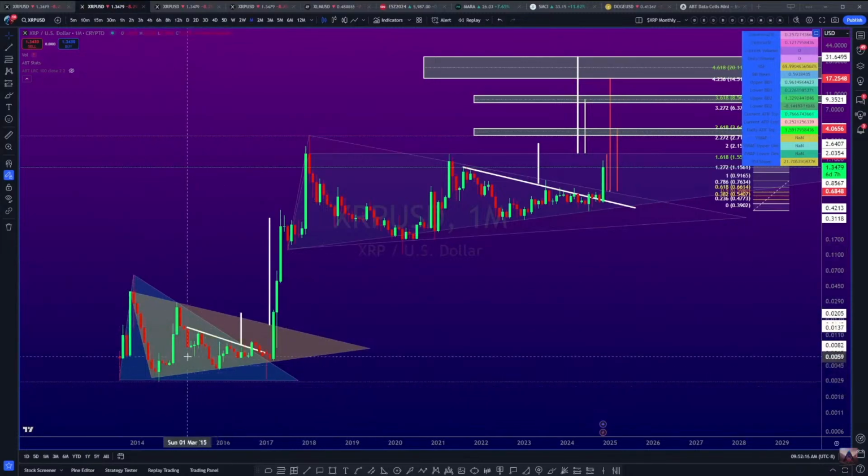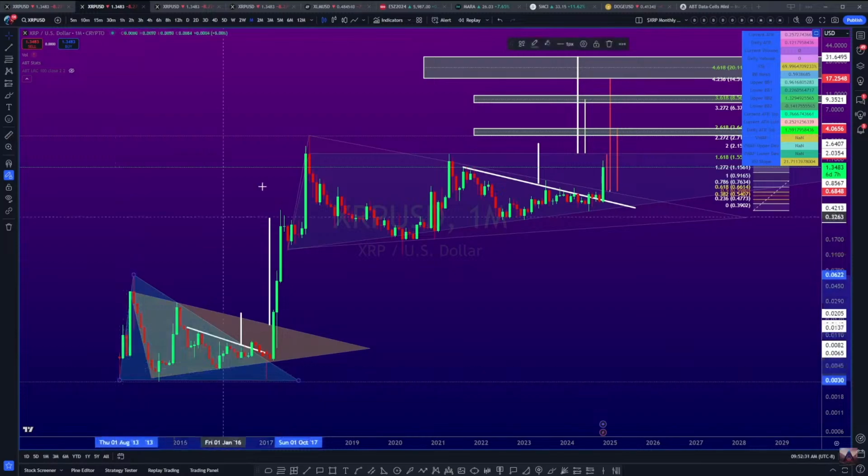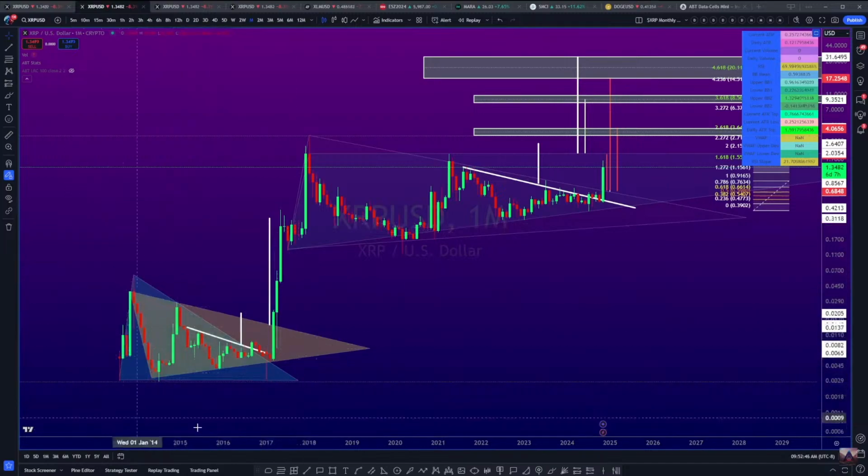And it looks like we already have, from the beginning, test 1, 2, and we have your test number 3, and we just said that usually triangles would break out on their third test, right? Well, what about the other triangle, the blue one? Well, we would have test number 1 here, right? We have test number 2, and guess what? Oh, damn. We have test number 3, validation of support continuation. So holy crap, we are rhyming for sure.